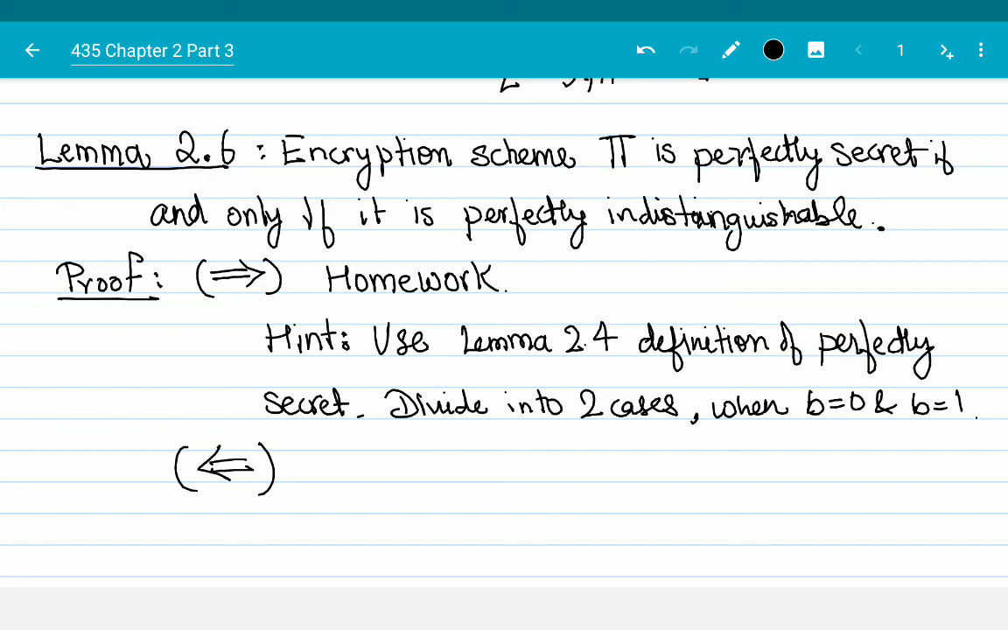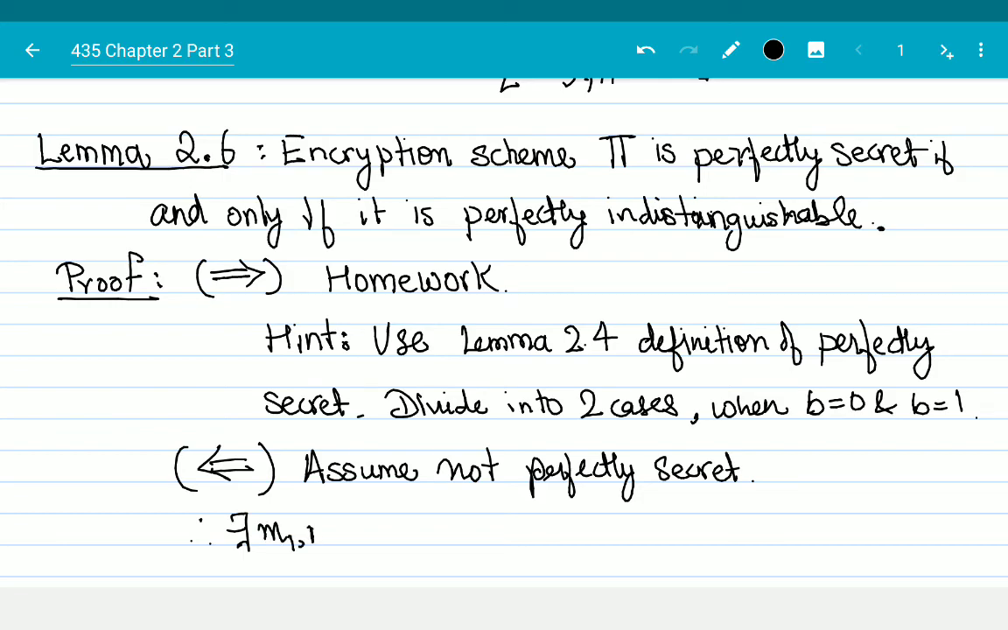Okay, we are again going to use lemma 2.4, definition of perfectly secret. So assume not perfectly secret. Therefore, there exist messages m0, m1 belonging to M, and a ciphertext c belonging to C, such that,